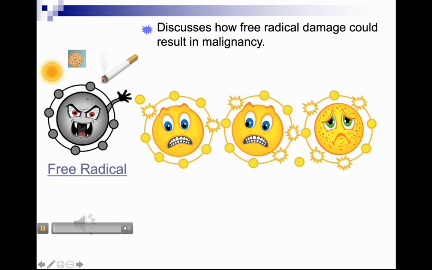Let's discuss how free radical damage could result in malignancy. A free radical is an atom that is missing an electron in the outer shell. So sun, UV rays, viruses, cigarette smoke, and other carcinogens can bump electrons out of the outer shell. That free radical is unstable, so it goes to an atom next to it and steals an electron, which makes